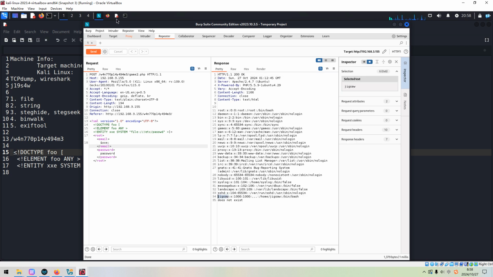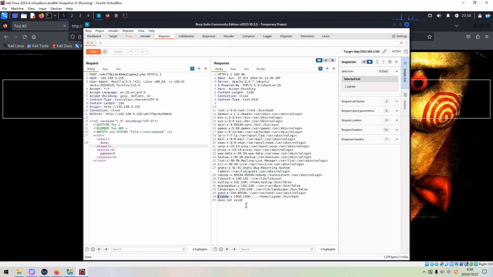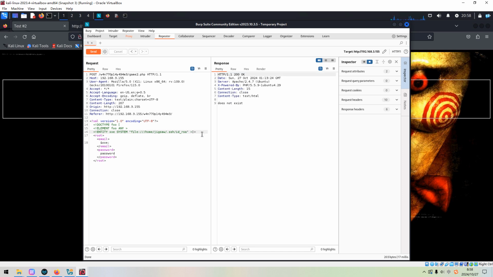We can copy and paste over here. So next, we will come across the second big difficulty. Normally, we can try to retrieve, for example, the private key, right? But nothing. And also we can try to access the bash history.